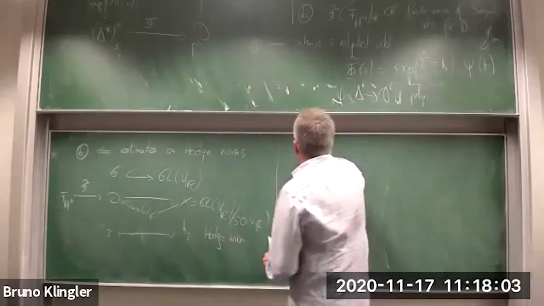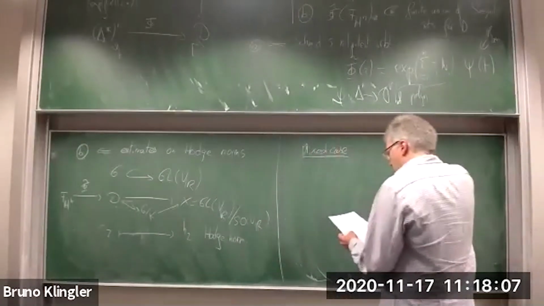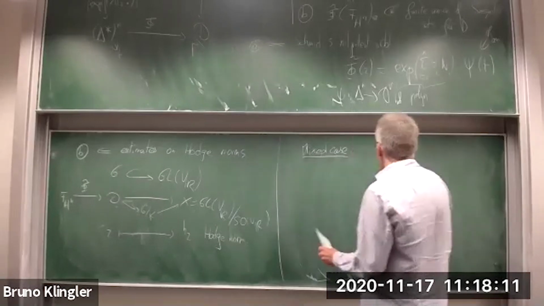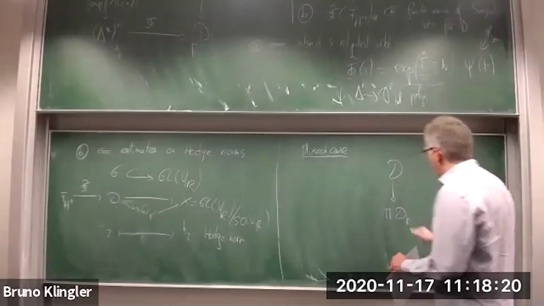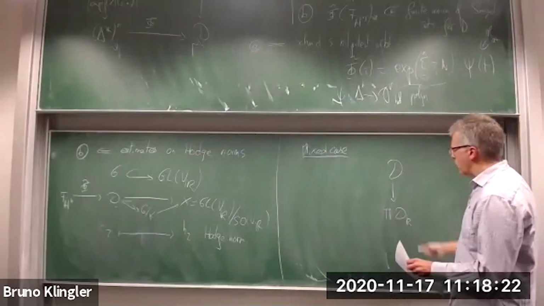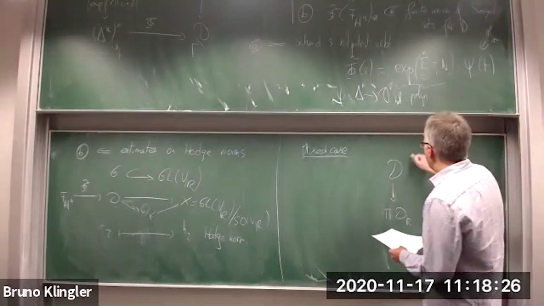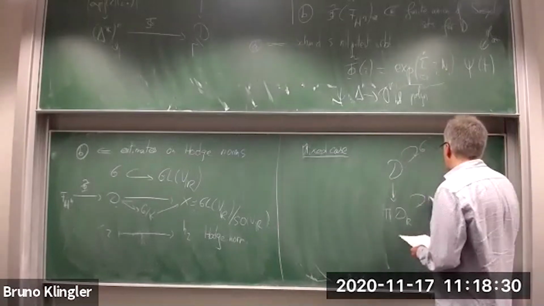So in the mixed case, the mixed case was frightening, and so we were kind of frightened. But now, what is the idea? So we have this D, and as I explained on the previous board, you have the associated period domains for the graded pieces, which are pure Hodge structures. So you have this fibration here. And on that group, there is a transitive action by this group G, and here you have this transitive action by this group H(R).